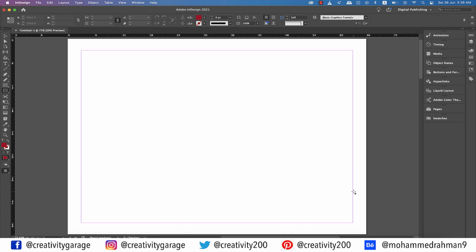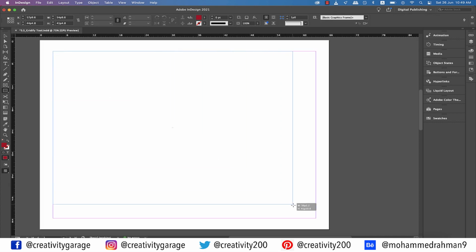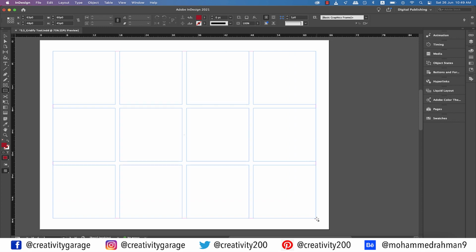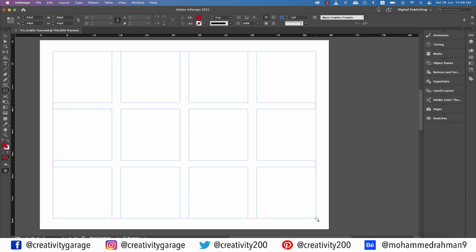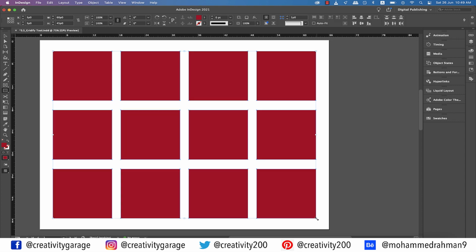Let's delete this rectangle. Create another rectangle the same way and then hit the right and up arrow to split the rectangles, much like we did earlier. And don't release the mouse key yet. Now hold Command on a Mac or Control on a PC and then hit right arrow a few times, and you shall find that the vertical spaces between the rectangles are increasing. Similarly, using the Command or Control key, hit the up arrow and the horizontal spaces will increase.